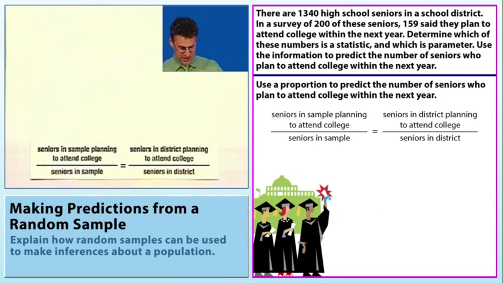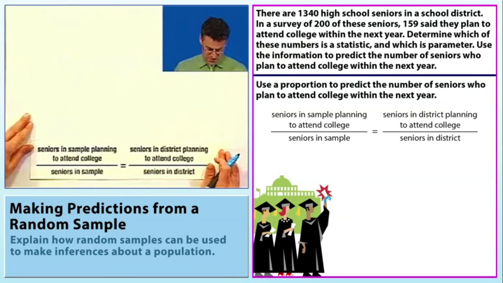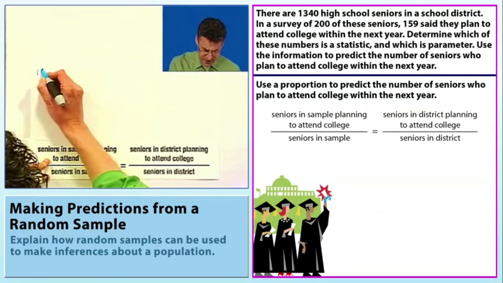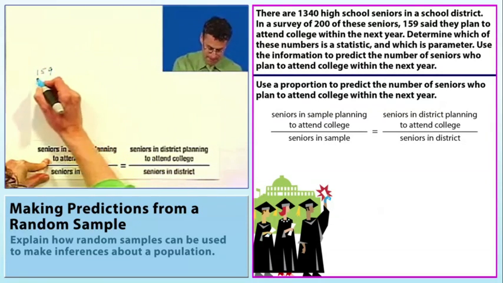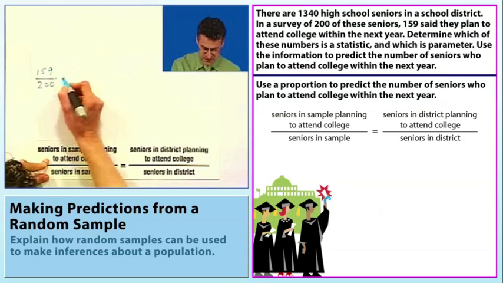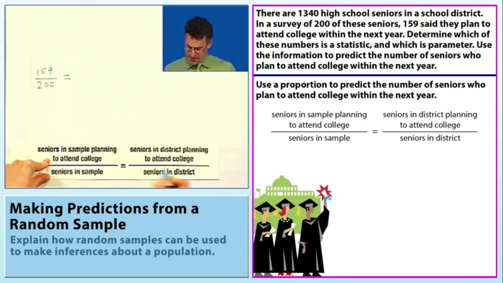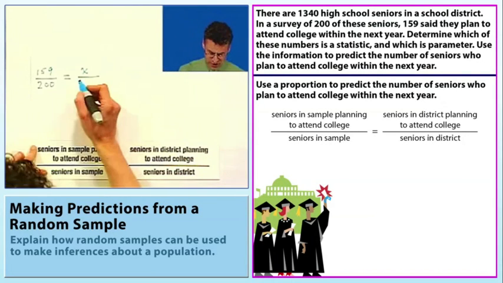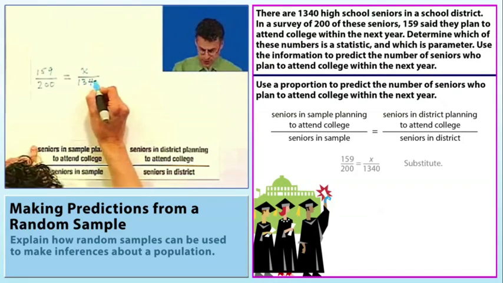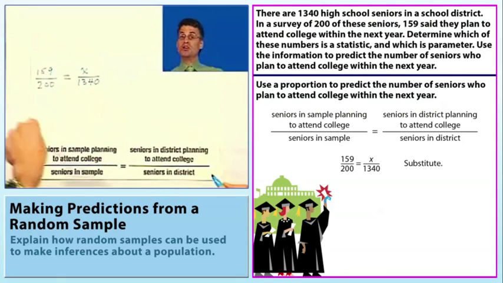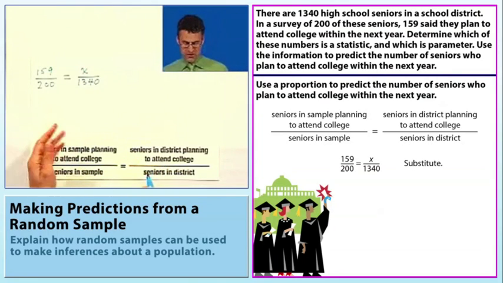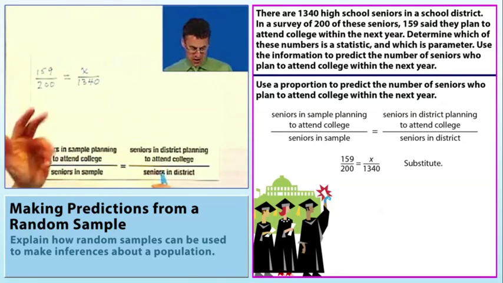So if we set up this ratio, what do we see? So seniors in the sampling that said they would attend college is 159, right? 159 out of 200 that were asked. And that equals this parameter, which we don't know, which is the total number of seniors that we think will go to college within the year, over the total number of seniors in the entire district, which is 1,340. And so notice now, this gives us a little simple equation that we have to solve. You can solve this in any way you want. You can multiply through by 1,340. You could look at the cross products if you want and say